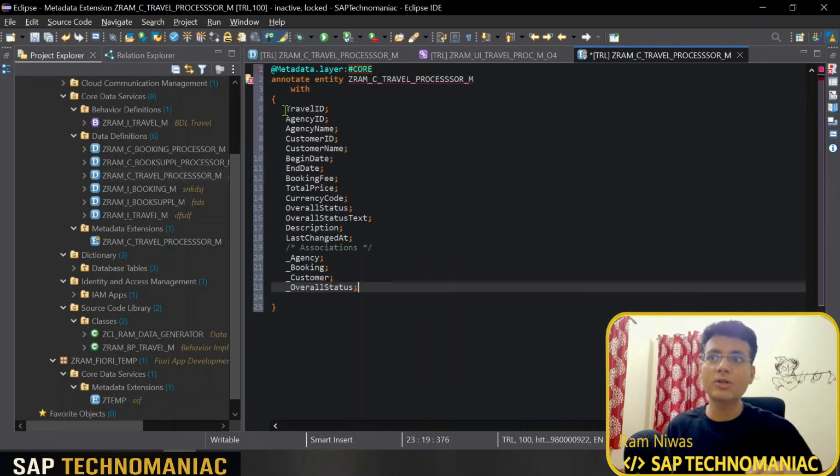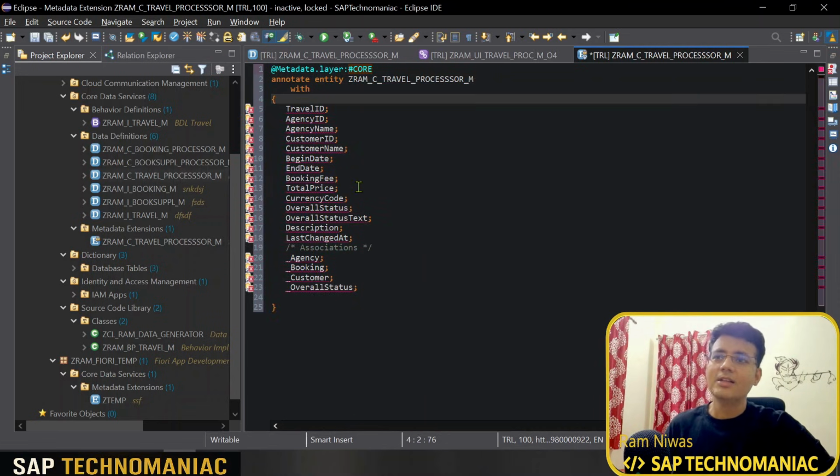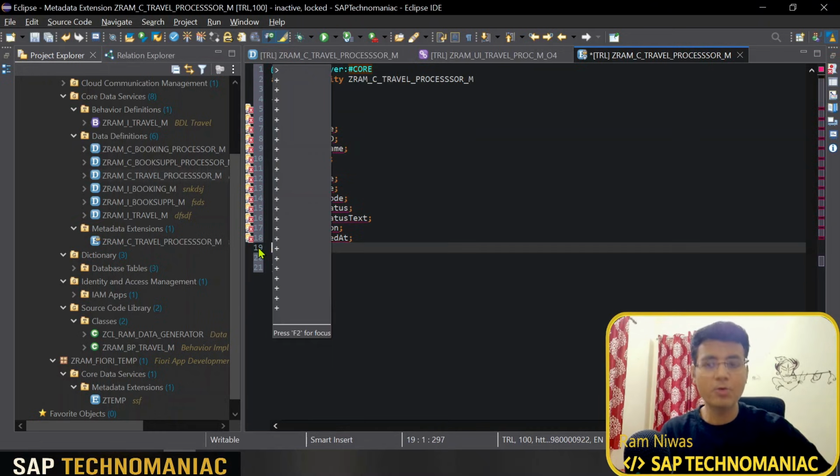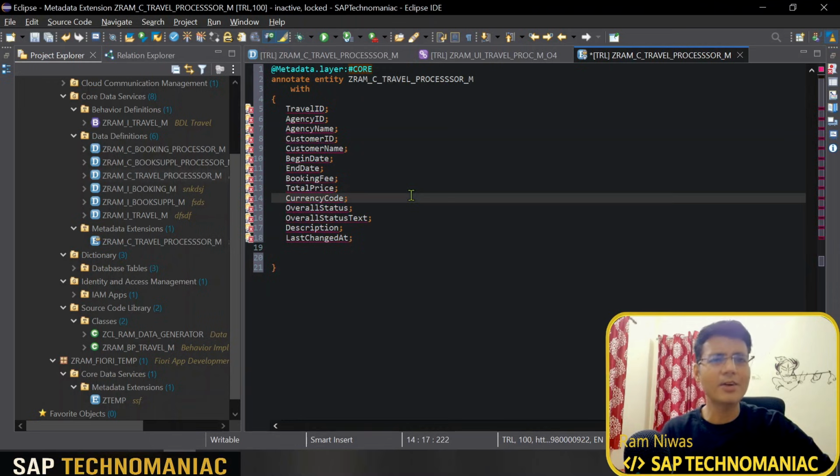Control space, insert all the elements. So again, there are different fields. Association definitely we are not going to use. So I will add one basic annotation, @UI.lineItem annotations, which will help us to display all the